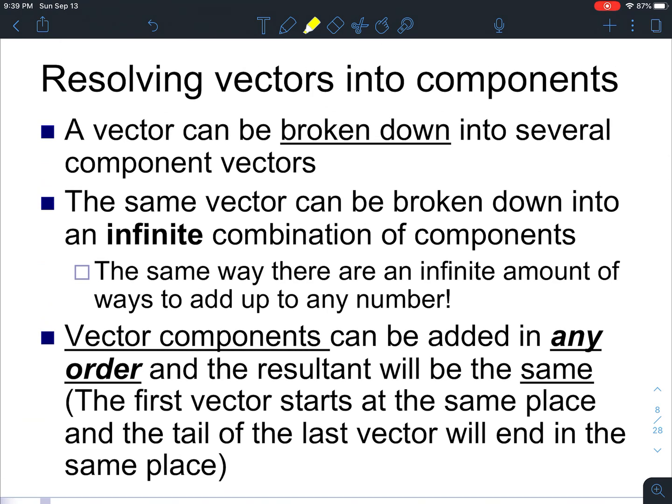Okay, just like we can take components and add them up to get a resultant, we can also take a resultant and break it down into components. There are a couple of things to know about this. One is that when you break down a resultant, there are actually an infinite variety of ways that you could